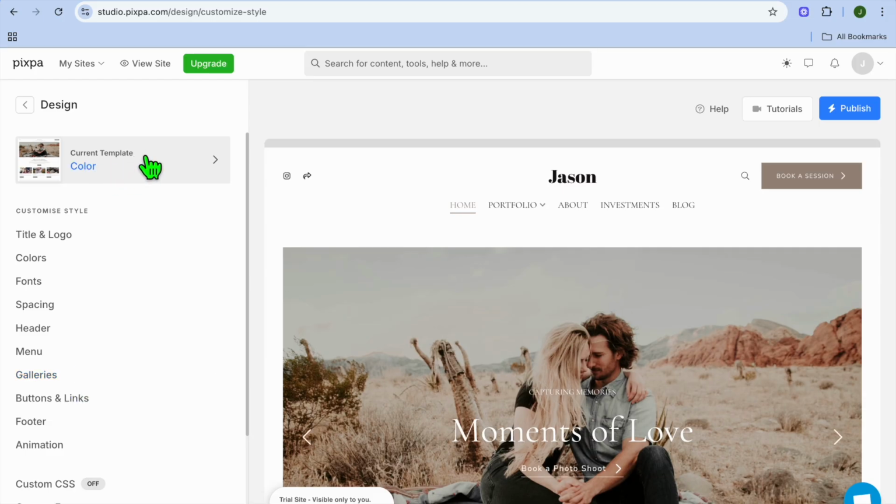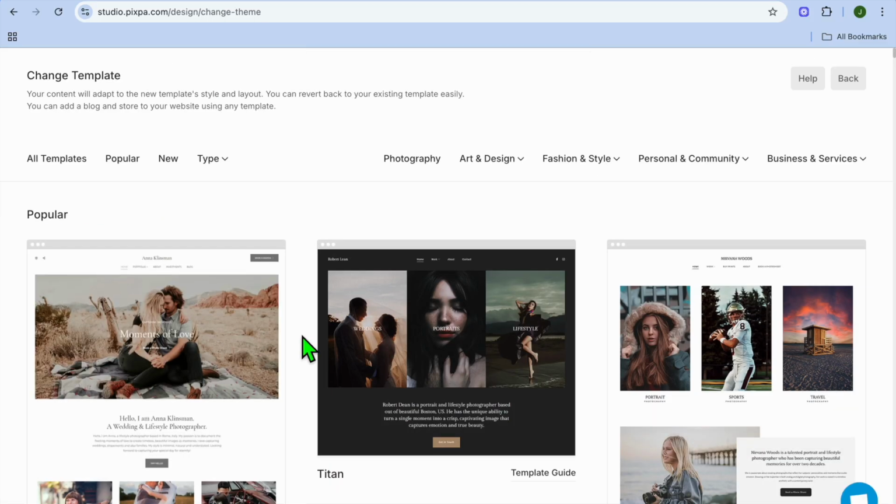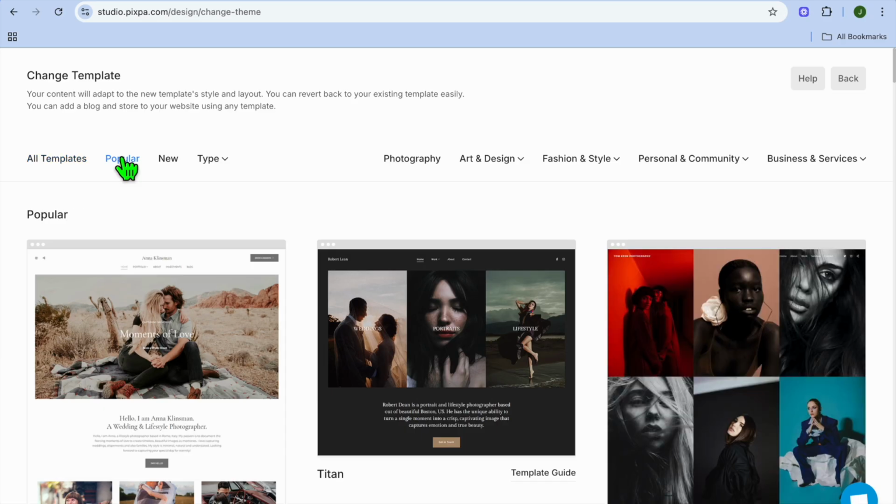And at the moment, you can see the current template that I'm using is color. So you're going to tap on the current template in the top left-hand corner. Then you're going to scroll down and select Change Template. After tapping on Change Template, from there you can tap on All Templates and you could view all the templates,